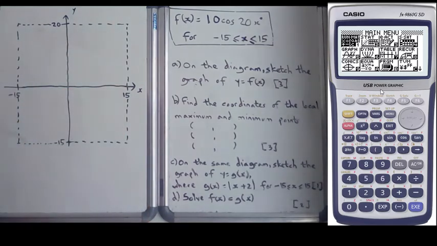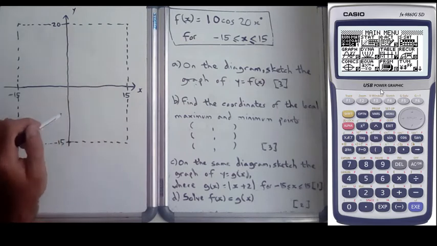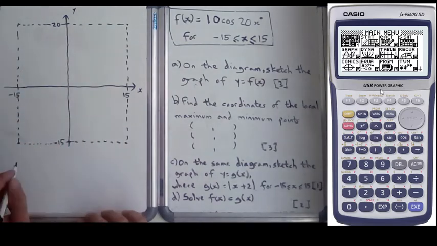So our calculator screen needs to start at minus 15 in the x direction, end at 15, and it needs to start at minus 15, end at 20 on the y-axis. So you've got 4 values of interest. In fact, let's just have a look at the calculator. So when we go to graph,